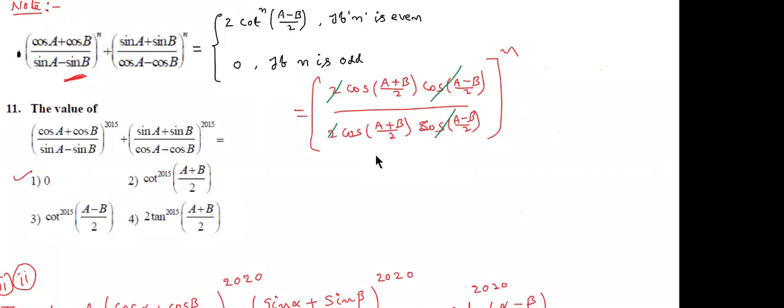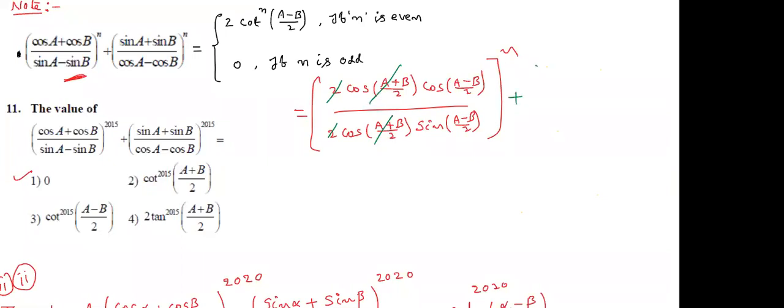So what is the problem here? Cos C plus cos D, sin C minus sin D. Here I have made a mistake. What is the mistake? Here it is sin, sin of (A minus B) by 2. So this is not going to cancel. Which term is going to cancel? These two.